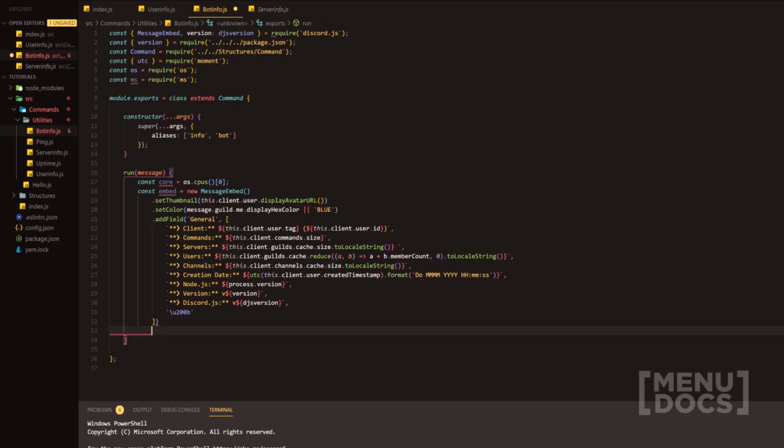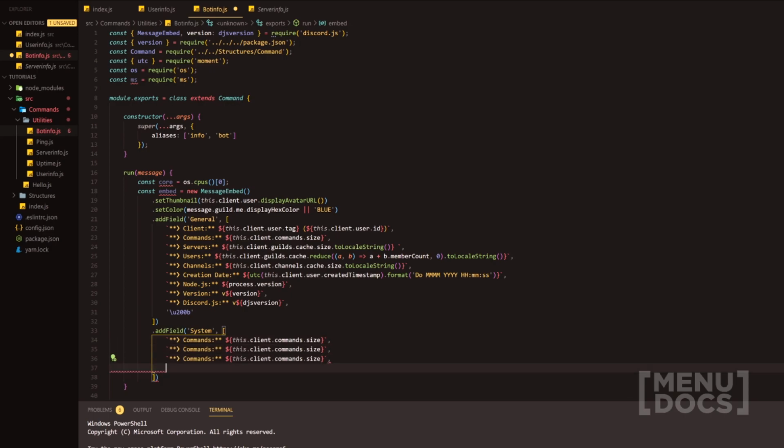Next in line, we're going to add some technical information. So we're going to add some system information. So this is going to display information of the system that the bot's running on. So we're going to start this off by quickly just grabbing this one here. Add that as an element. So we're going to have platform, uptime, CPU, and then some information about the CPU. So let's just start with platform, and then we can do process.platform,